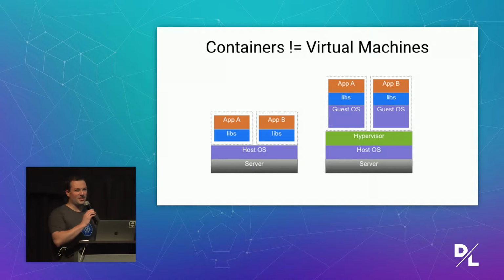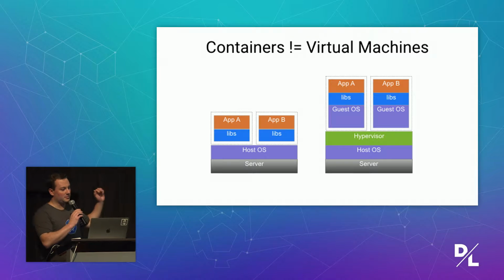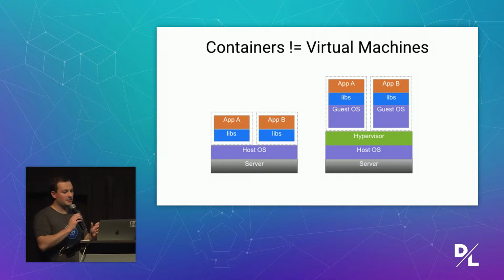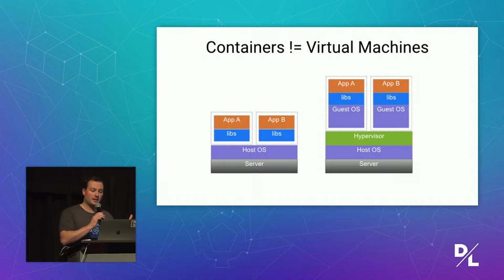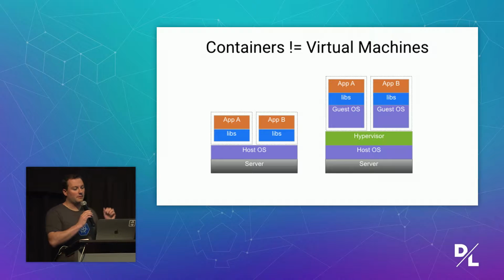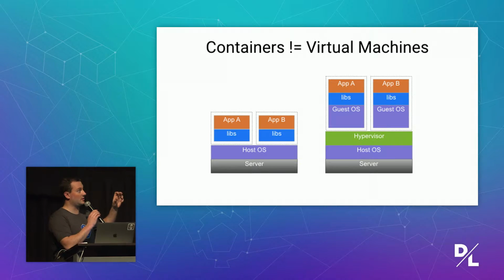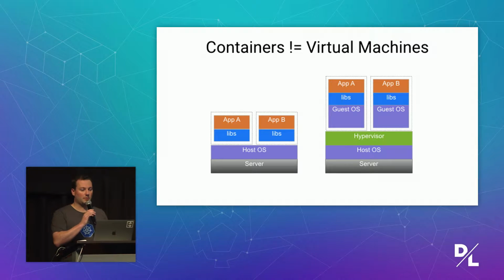Well, containers really aren't virtual machines. So to be clear, these containers are not virtual machines. Now, the key differences between a container, which is on the left, and virtual machines on the right, are that the virtual machines have a complete guest operating system running in them. In addition, that guest operating system needs to have a hypervisor. That hypervisor is a translation layer. It provides this sort of abstraction so that your guest operating system doesn't need to know about the underlying host operating system.